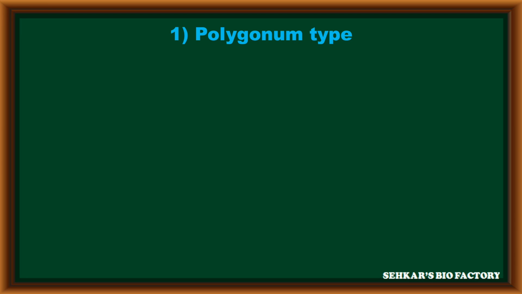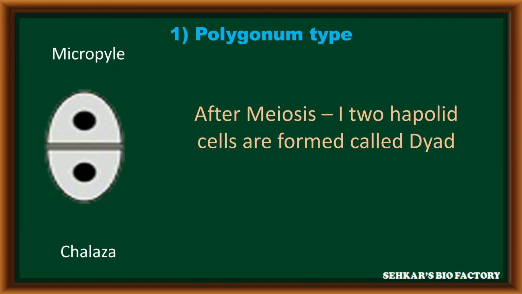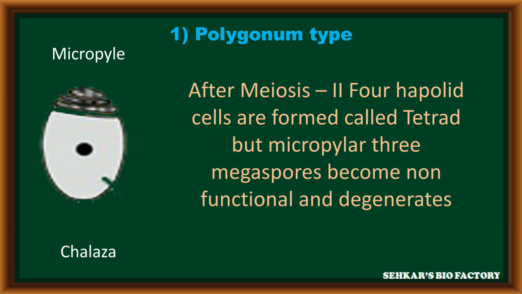In Polygonum type of embryo sac development, at the beginning, the megaspore mother cell is present in the nucellus tissue, at the micropylar end, with the chalazal end opposite. This megaspore mother cell undergoes meiosis division to form haploid megaspores through the megasporogenesis process. After completion of meiosis 1, two haploid cells are formed, called a dyad. After completion of meiosis 2, a total of 4 haploid megaspores are formed linearly,